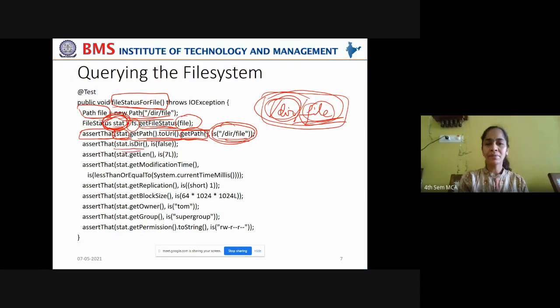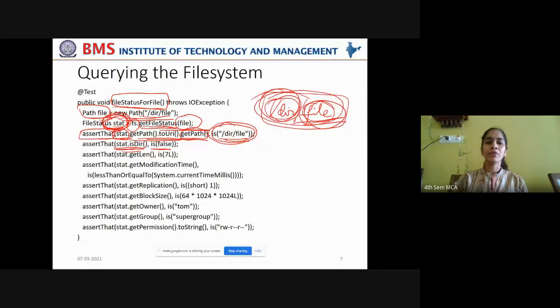Whether it is a directory. Now you are asserting, which means you wanted to find a match whether you have retrieved the data of a directory or a file. So you are giving stat.isDirectory, whether it is matching is false because you have retrieved the file status of a file under a directory. You haven't retrieved the status of a directory. Understand this carefully. You have retrieved the file's status under a directory. Means you are referring to a file, not a directory in this current scenario. So stat.isDirectory is false. Yes, it is true. You're not referring to a directory. It is not a directory.